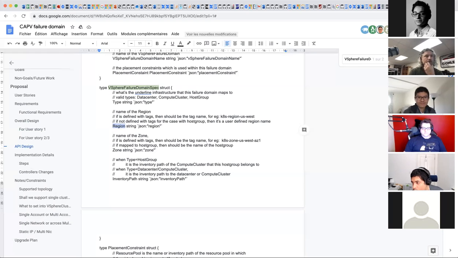Okay, so I think it depends on the experience that we want to create. Do we want to create a holistic experience for how we're defining zone and region for clusters in general? In that case, we might want to still have the name of the zone and the region.